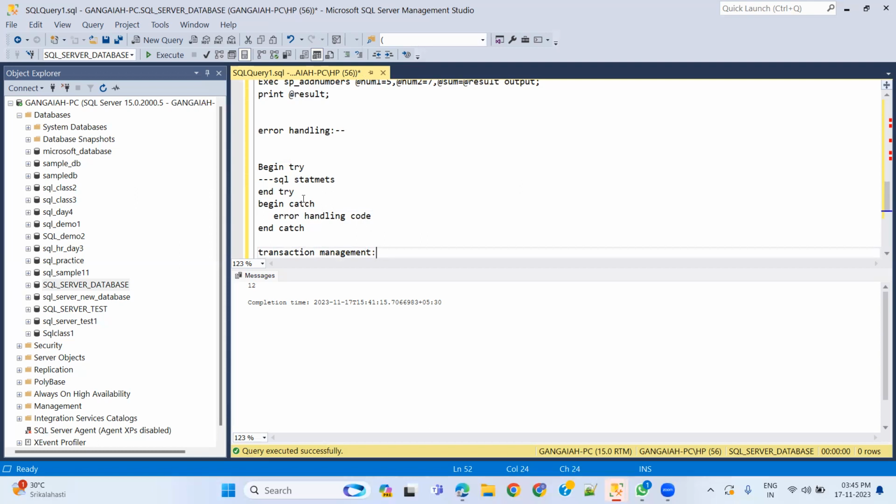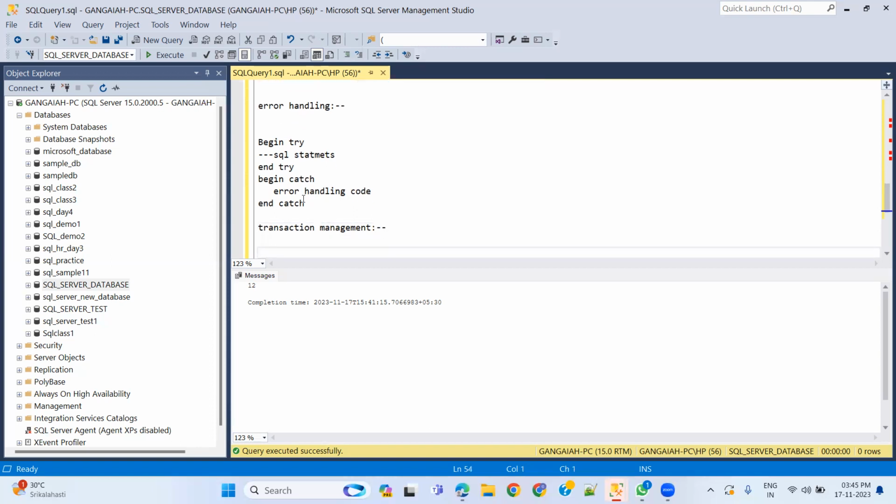So by using BEGIN TRANSACTION, COMMIT, and ROLLBACK, it ensures data consistency. Okay. By using this, we can ensure data consistency. Okay. This is the syntax for transaction management, TCL. Okay. BEGIN